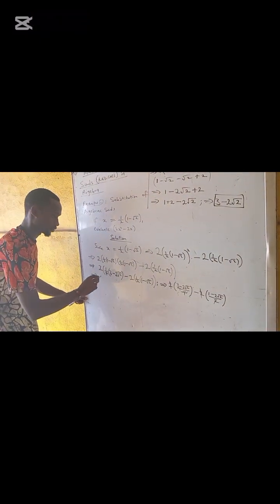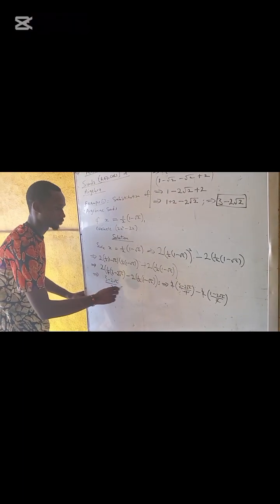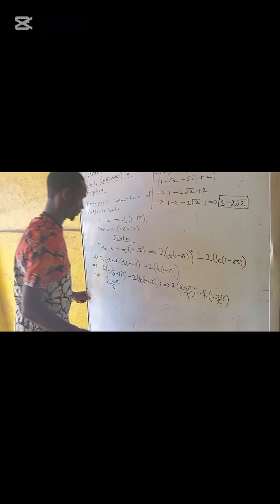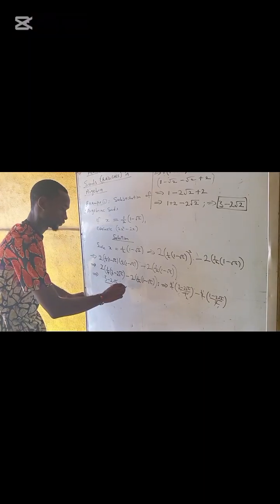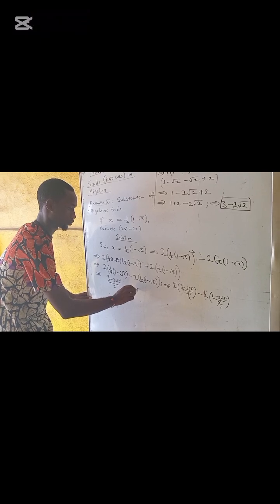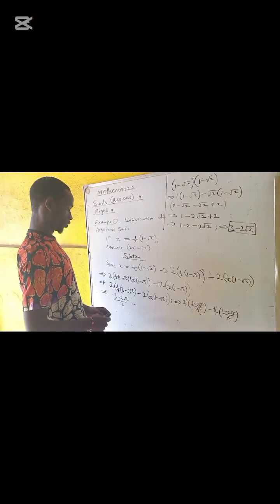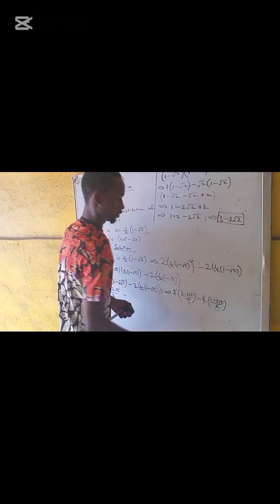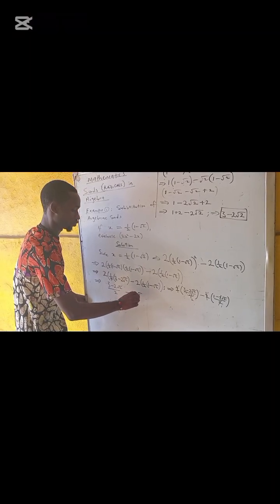So we now have left 3 minus 2 root 2 all over 2, because this is remaining 2, this is remaining 1, minus, we have left here 1 minus 2 divided by this. So we are now having 1 minus root 2,